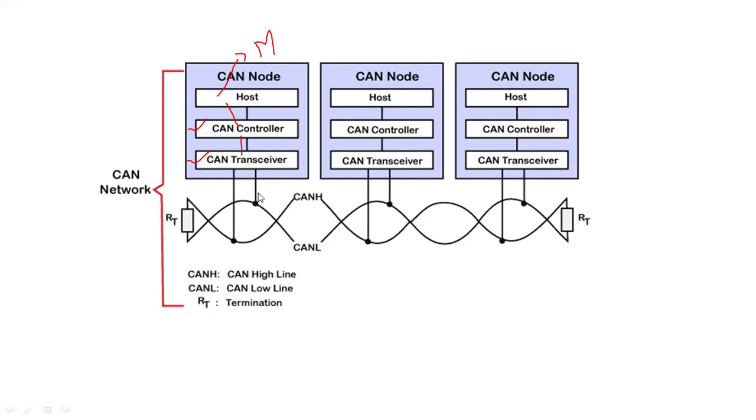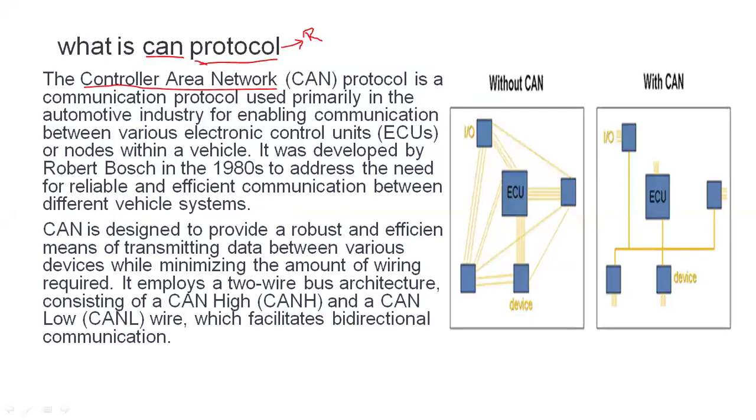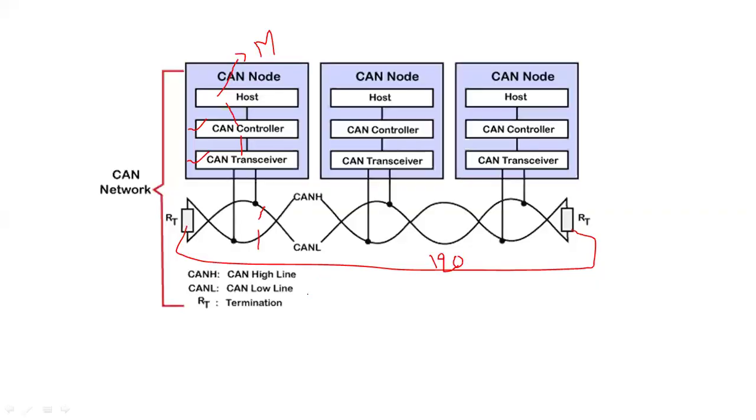Each node will be connected through these two wires. This one is CAN low and this one is CAN high. These two wires are connected with these two resistors. These two resistors are 120 ohms. Why we connect 120 ohm resistors and why the communication will happen like this,